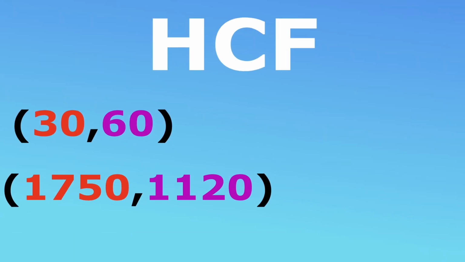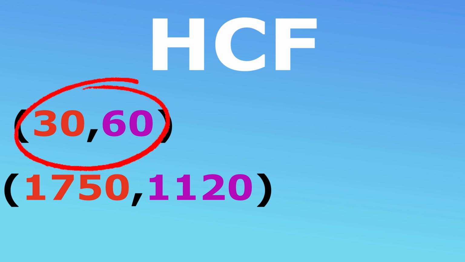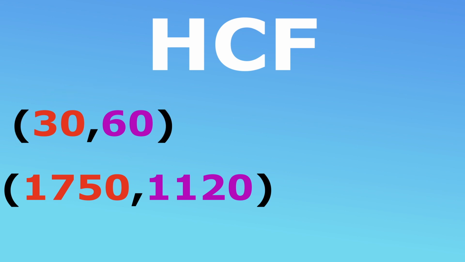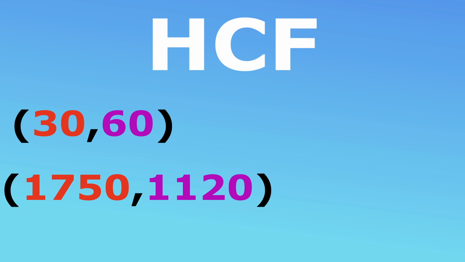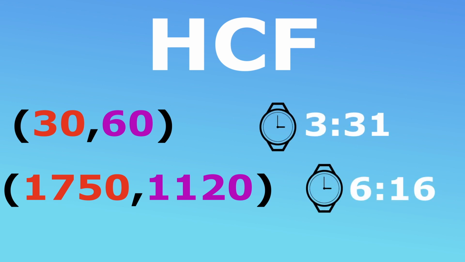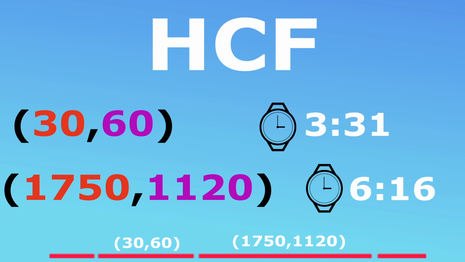We'll look at two sets of numbers. We'll first find the highest common factor of 60 and 30, and then the highest common factor of 1750 and 1120. I'll cover the basics of common factors first for those of you who need a reminder of how to find them. But if you want to get right into the examples immediately, then skip to the times you can see on screen. I put chapter indications on the video so you can just hover over the video and click on the chapter you want to get to.